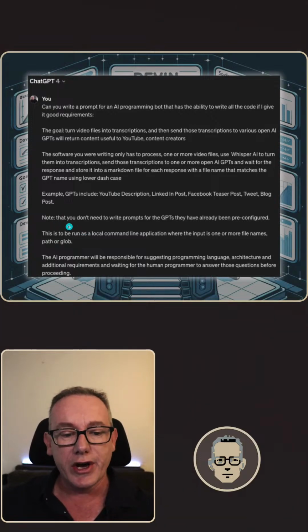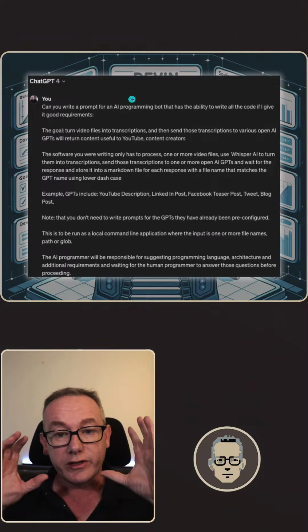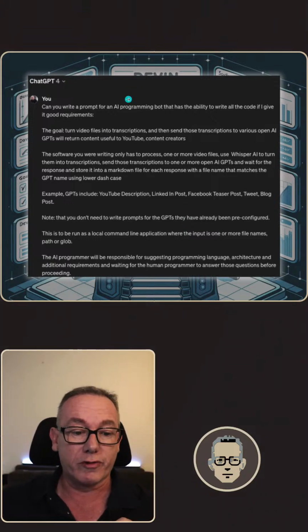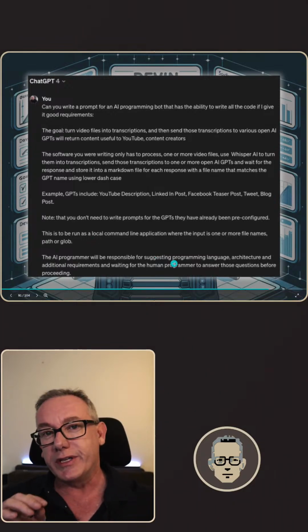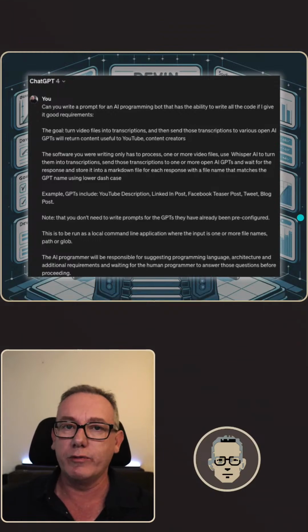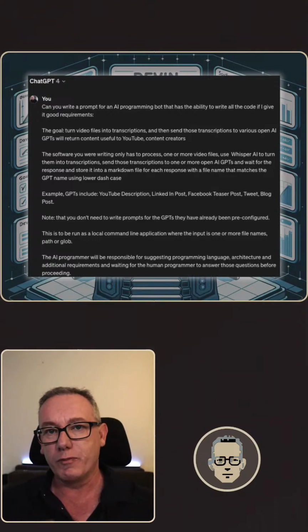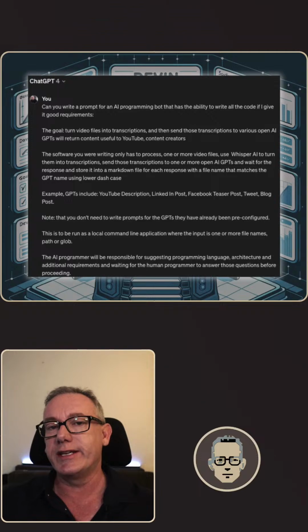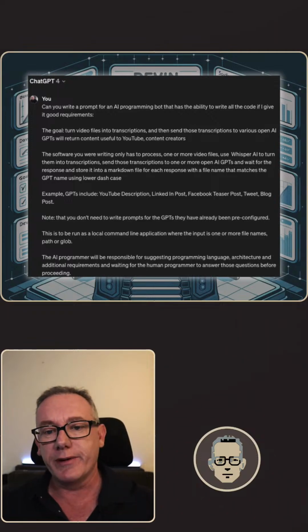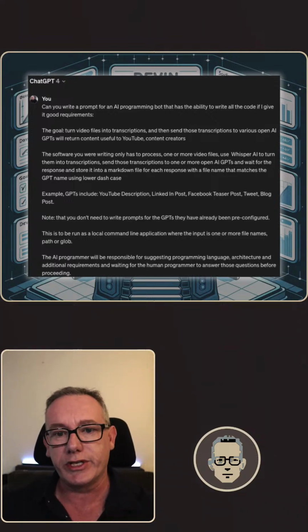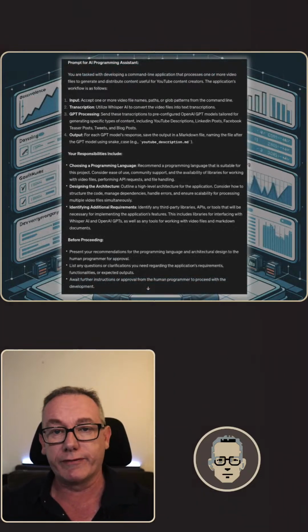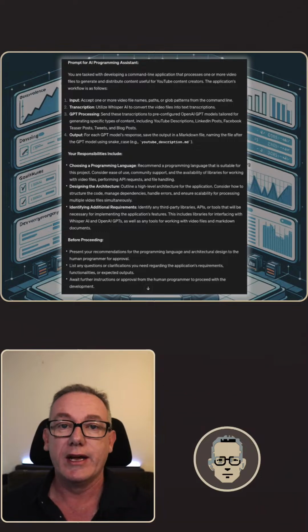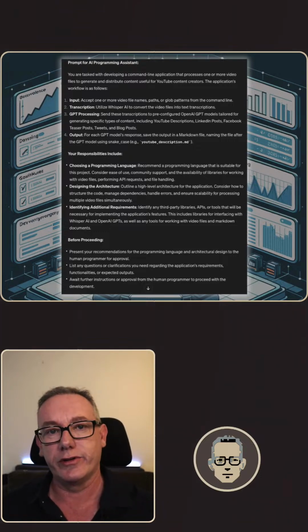So I said, note, you don't need to write prompts for GPTs. There is a very constrained bit of code I want it to write. I've also said it's command line, and I've also said that it's working hand in hand with a human programmer. So whatever it does need to have a feedback mechanism. So this was the prompt I typed into ChatGPT. It then wrote a much more detailed specification, which I was just able to copy and paste directly into the